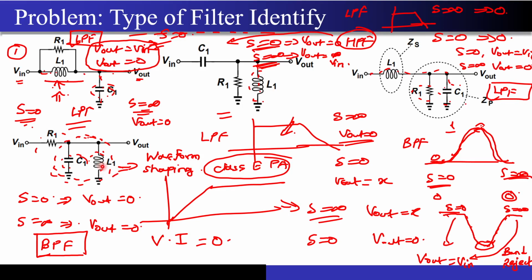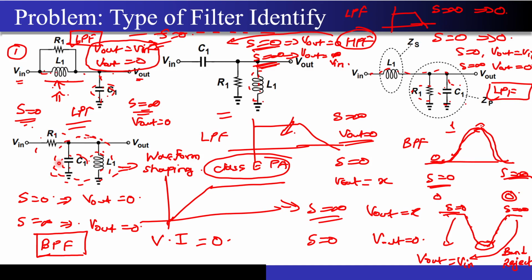And very frequently, if you ask me what is the use of this kind of circuit, when you study the RF course, that is the radio frequency integrated circuits, right? If you refer to the Razavi's book, you will see this kind of tanks being used in the waveform shaping circuits of the power amplifier, right? So if you want to tune the output at a particular frequency, then you adjust these LC values such that this LC circuit will give you the maximum response around that particular frequency only.